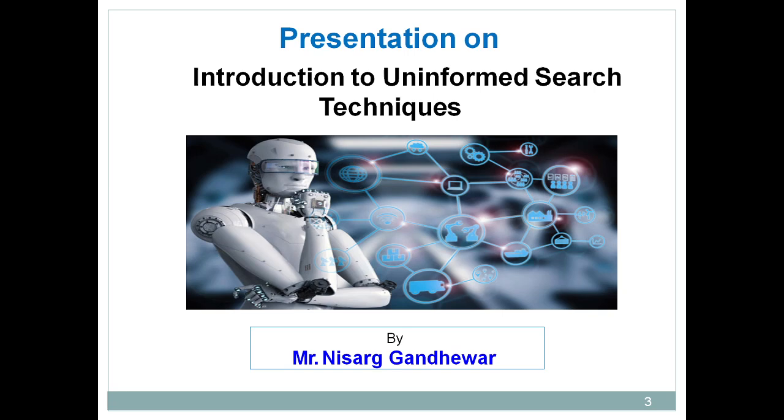search technique. So uninformed search technique means what? It's a searching without the domain specific knowledge. The searching which is performed without domain specific knowledge is called an uninformed search technique, whereas in case of informed search technique, it's a searching with domain specific knowledge. So simple thing is there. Just I will give a simple example to illustrate the difference between uninformed search technique and informed search technique.